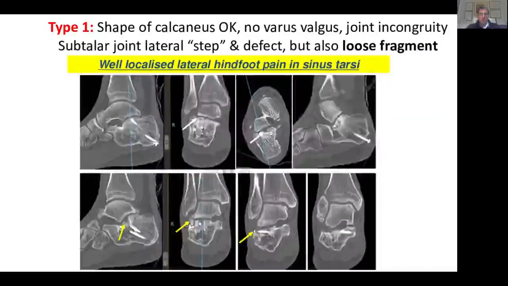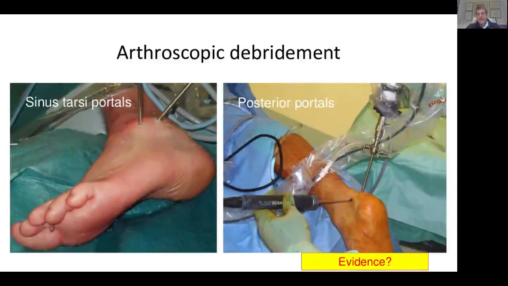We do our workup with the CT scan. We see a little loose body, possibly a screw causing the problem, and some irregularity and incongruity of the subtalar joint. One has to decide whether, depending on the symptoms, that joint can be preserved by just removing some extra bone, removing the screw, or removing the scar tissue from the sinus tarsi.